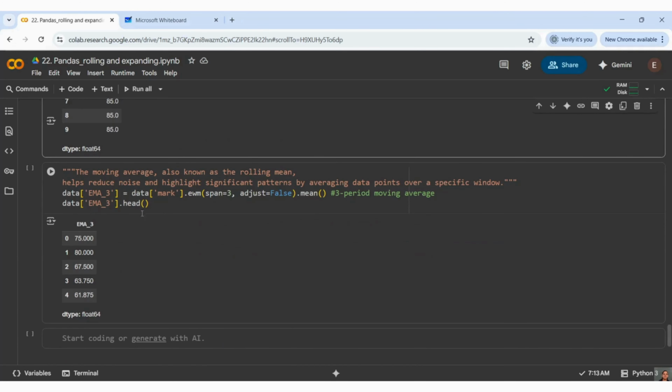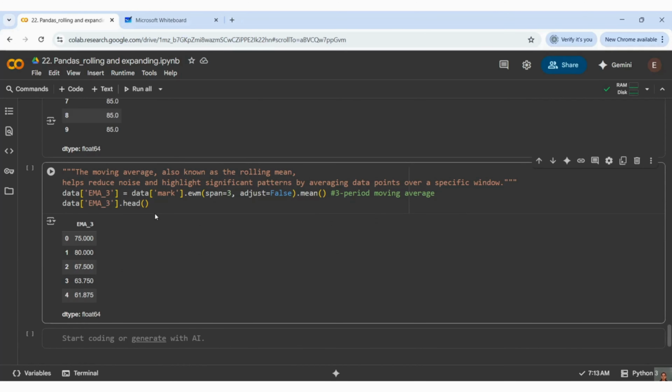Okay. Then we have something called the exponentially moving average. Exponential moving average is helpful in machine learning, when the data is not in a regular pattern or in a good fashion.